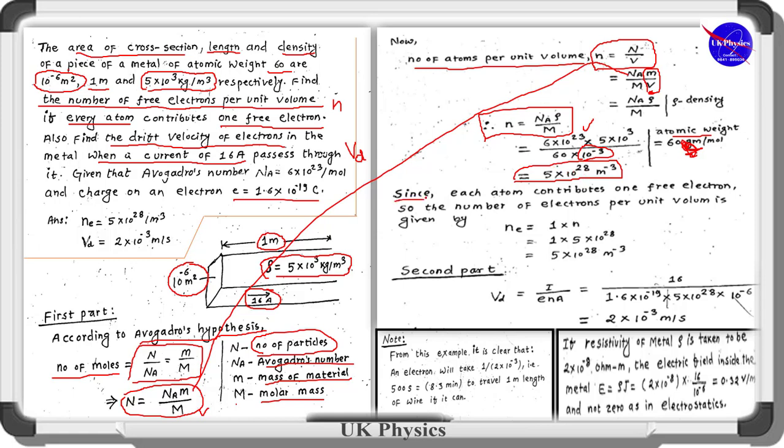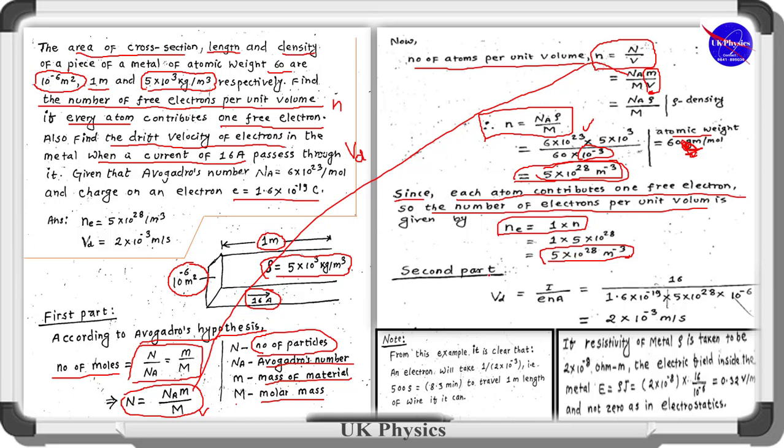Further, we have the given condition, that is each atom contributes one free electron. That means a single atom consists of a single electron. That means this number of atoms consists of again this number of electrons. So the number of atoms in this case is exactly equal to the number of electrons. So we have finally calculated the number of electrons per unit volume by this formula, and finally we have this value. This is the electron density,